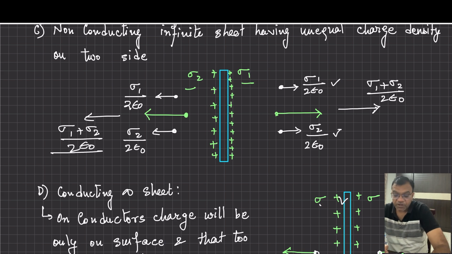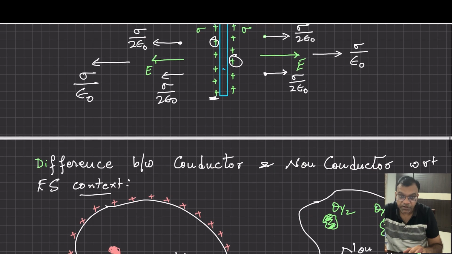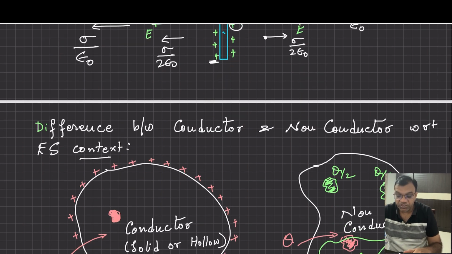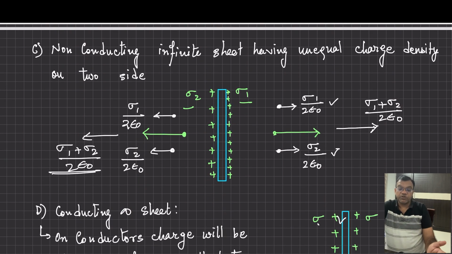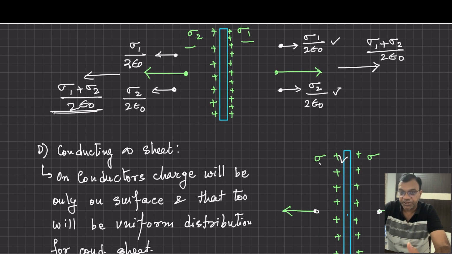If you see, this is nothing but the previous case. This case, same charge density on both the surfaces, is a sub case or special case of this current situation. When sigma 1 equals sigma 2, then we are going to have this, also sigma upon epsilon naught. Now if we have the conducting sheet, now already we have told